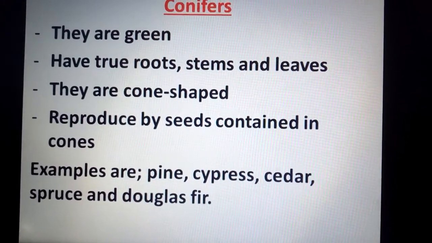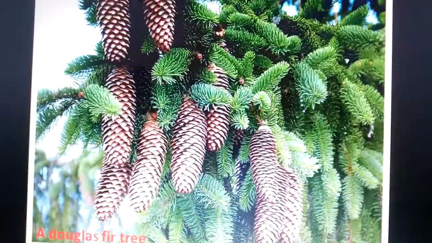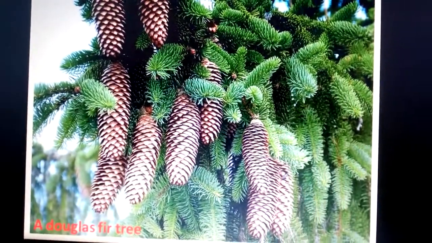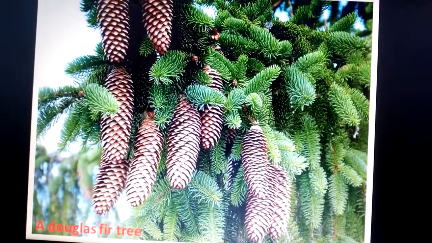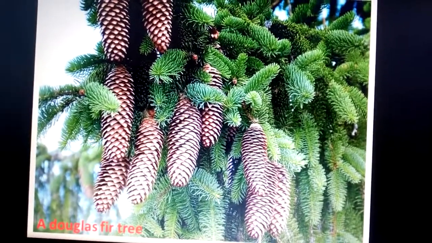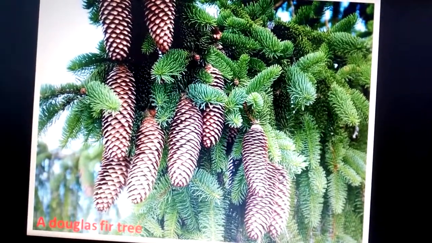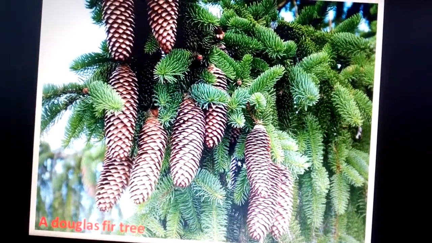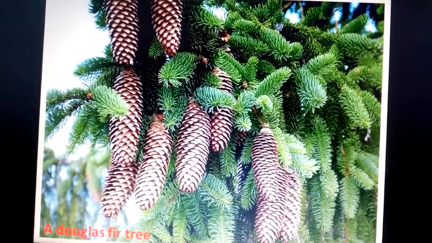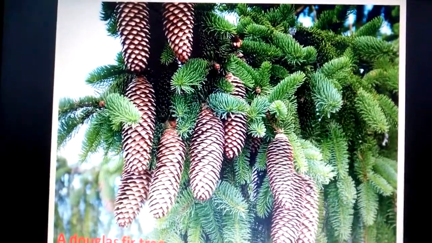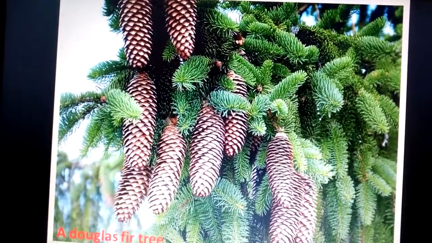So we shall look at some of these pictures and see how they look. For example, this is a plant we call a Douglas fir tree. This is how it looks. The things you are seeing here are what you refer to as cones. Inside these cones is where the seeds are found. It is the same with the cypress. When you look at the cypress, you discover that it has cones, and in those cones is where the seeds